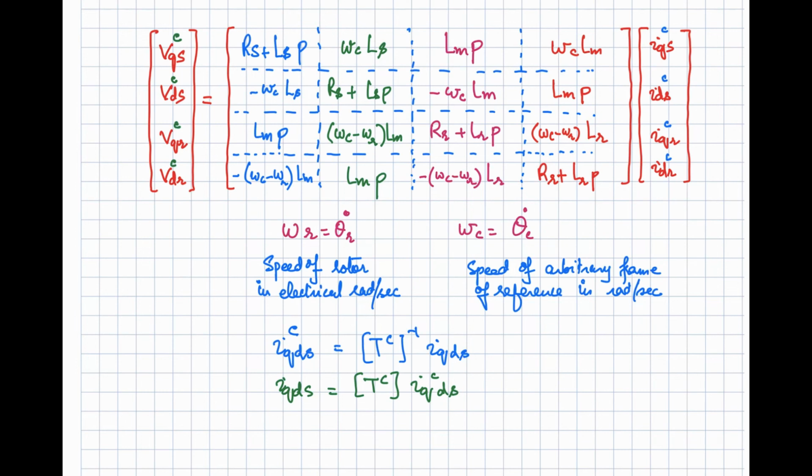So this gives us the detailed insight of the motor. And in the upcoming videos, we will also establish the power relationship between the ABC and the DQ frame of reference in the different conditions. And let's summarize this video that we have discussed the induction motor model in the stationary frame of reference, in the rotating frame of reference, and in arbitrarily rotating frame of reference. And we have used the transformations that we have discussed, that is the Clark and the Park transformation, in order to achieve these transformations. So that's all from this video.